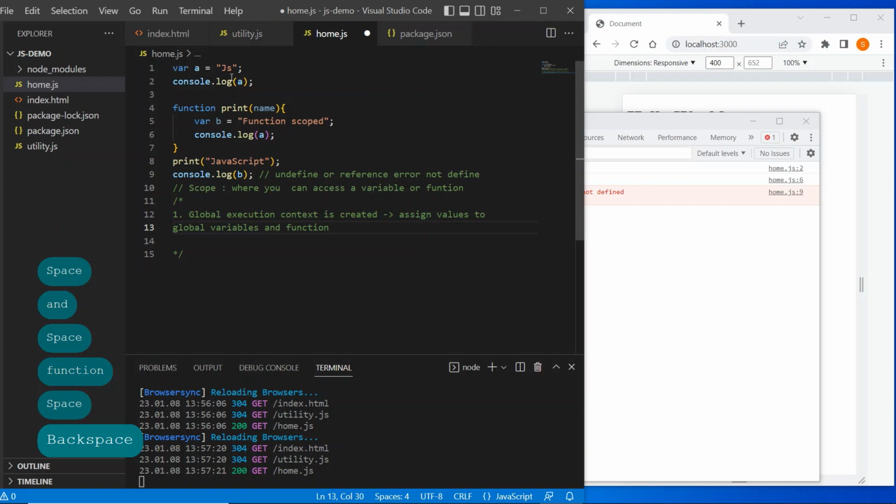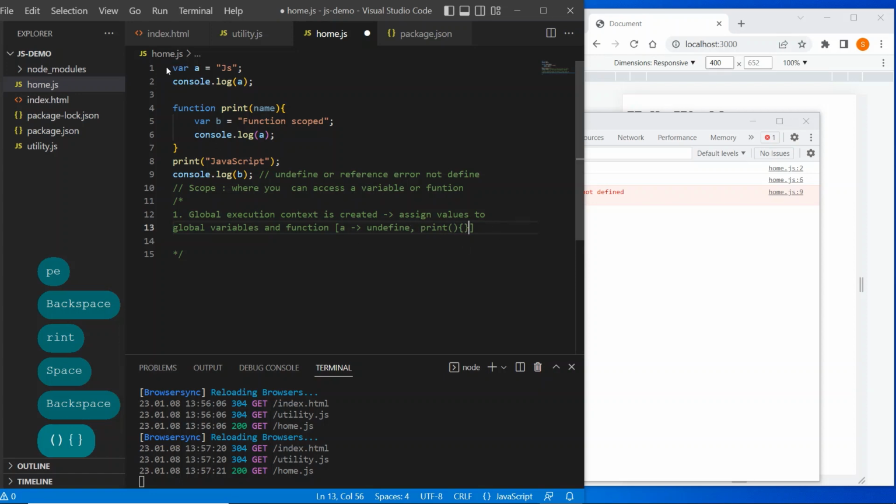So when we run this program, a global execution context will be created and it will try to assign values to global variables and functions. In this case, it will assign a as undefined and it will store this function print as it is.